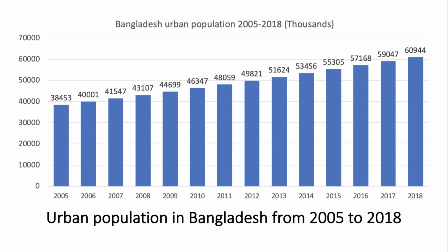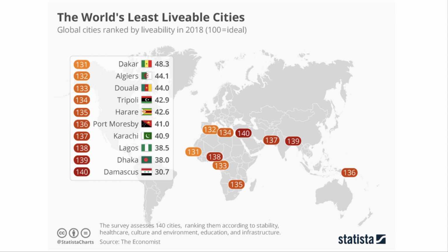It's one of the most densely populated countries in the world, and in fact by 2050 they say that over 50% of the population will live in urban areas. Well, Bangladeshi cities, including Dhaka, are characterised by an infrastructure deficit, often resulting in very, very poor living conditions. Dhaka has over 3.5 million people living in low-income communities where access to basic services such as water, sanitation and healthcare is limited. Dhaka ranks as one of the least livable cities in the world, according to the 2018 survey